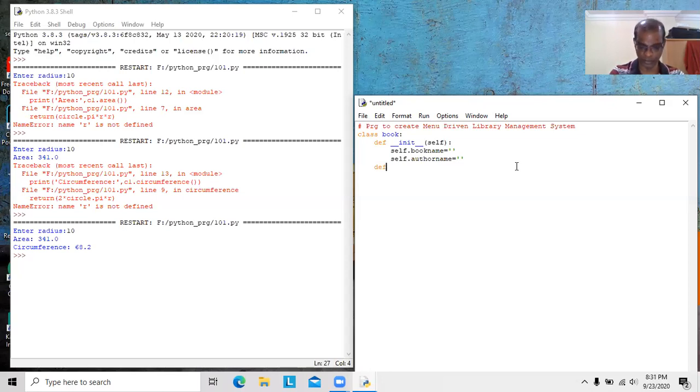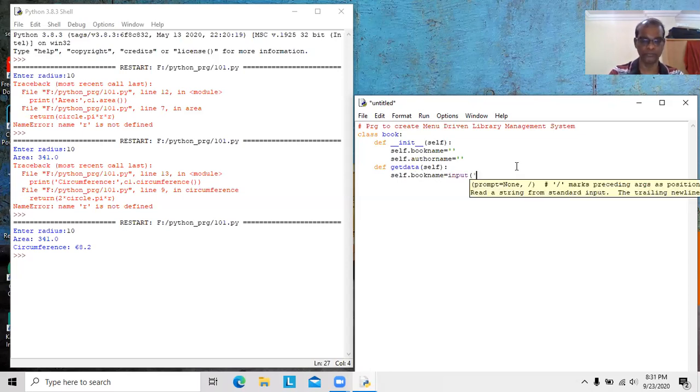Then one more function, for get data. This function is used to get the values for the book name as well as author name. So self dot book name. Wherever you want to use a function variable, the self keyword is necessary if you want to use it in more than one function. Book name equal to input, enter book name.